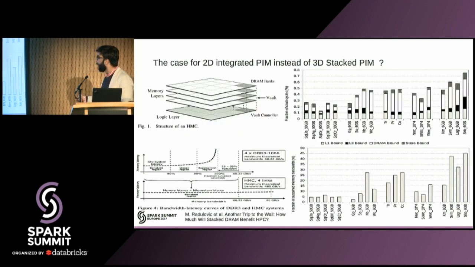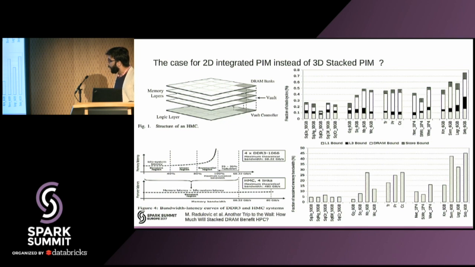So I would go back to this slide here, where I would like to show the fraction of the sustained bandwidth which most of these workloads use. And what we see is that most of these applications do not even fully utilize 50% of the sustained bandwidth which is available in the current DDR3 or DDR4 memories. So the thing with these 3D stacked memories is that their bigger benefit comes from this high bandwidth. You also have a logic layer there, but the major benefit comes from the high bandwidth.